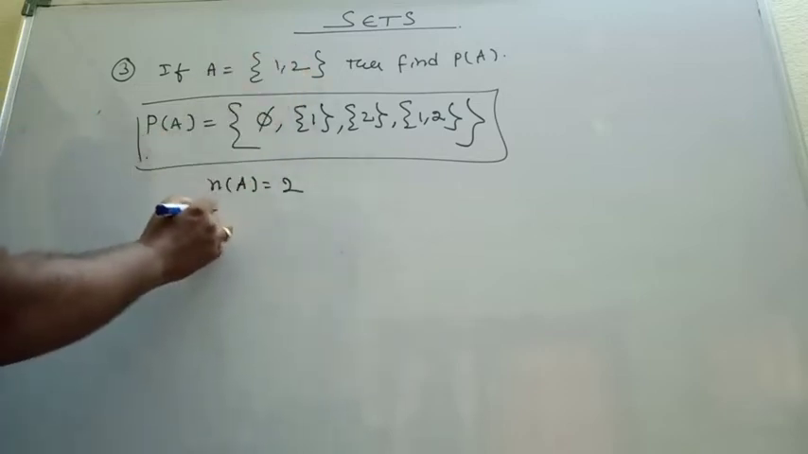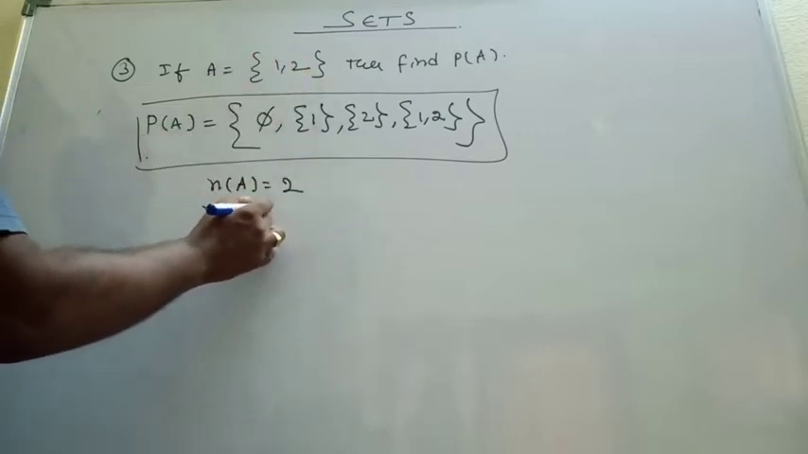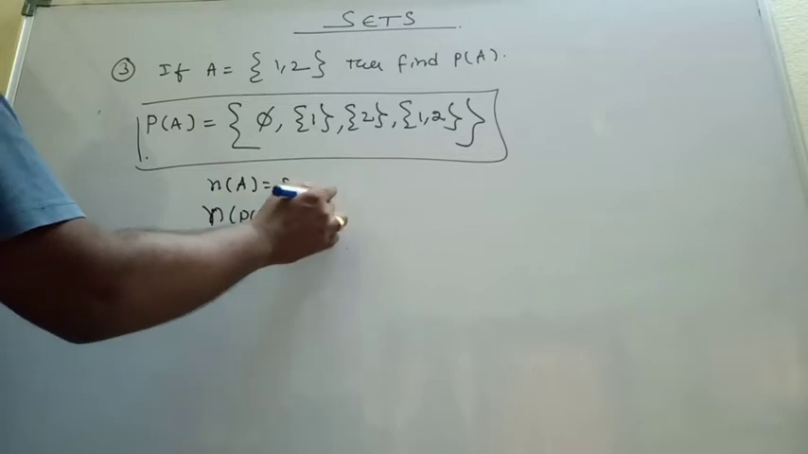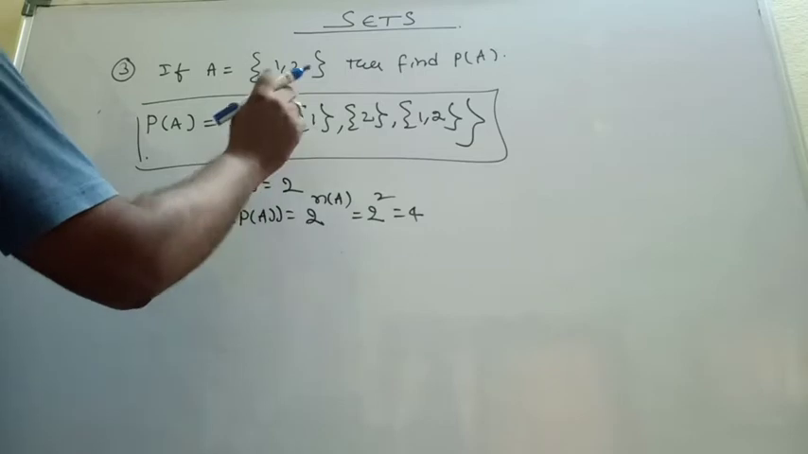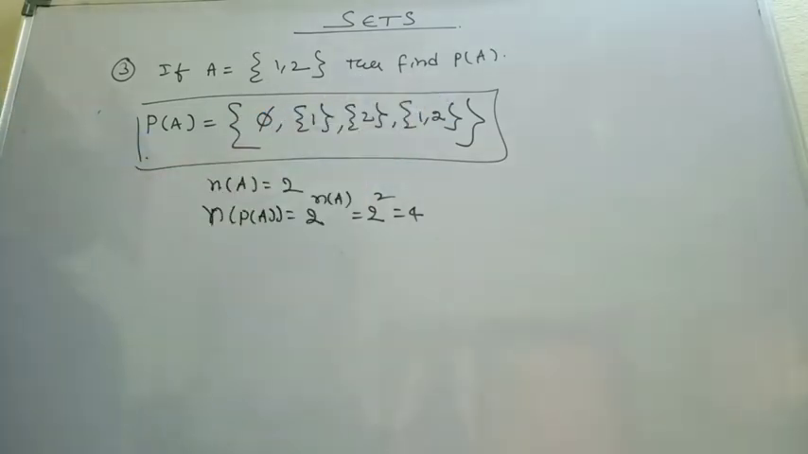Now n of P of A is nothing but 2 power n of A. That means 2 square, that is 4 elements: 1, 2, 3, 4. 4 elements you have got like this, right? So